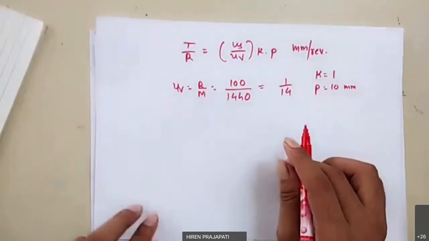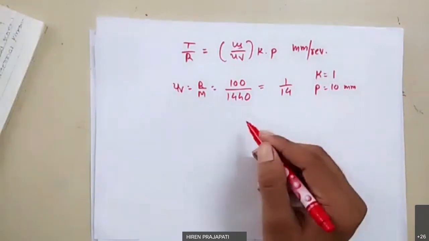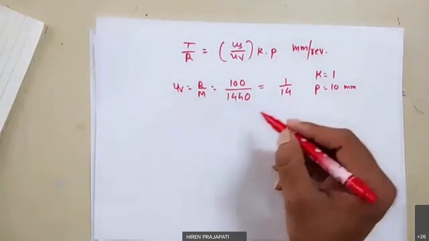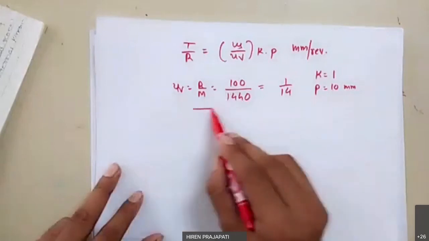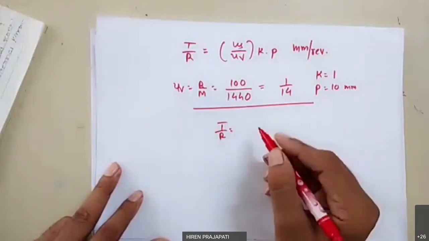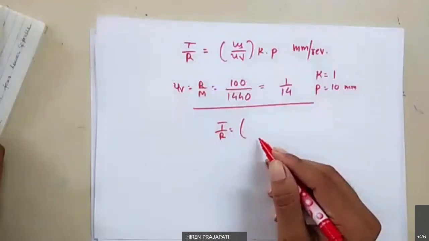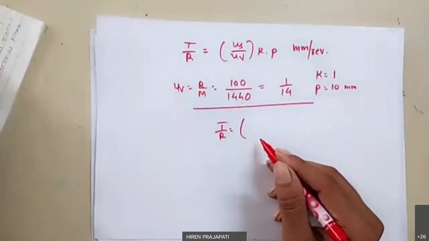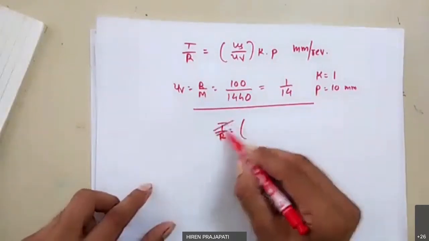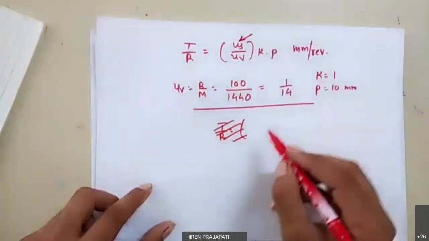So for the same case, if you now solve this T by R, then for this case T by R is equal to US, suppose you are taking 1 by 5, which was taken earlier. Let us go the backward way. In this equation, let us find out what is US for this given case.